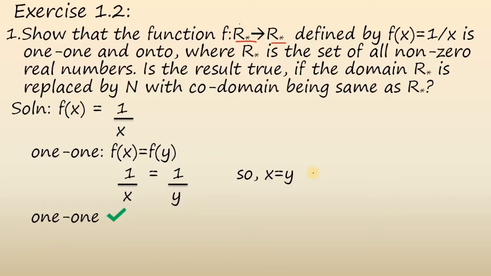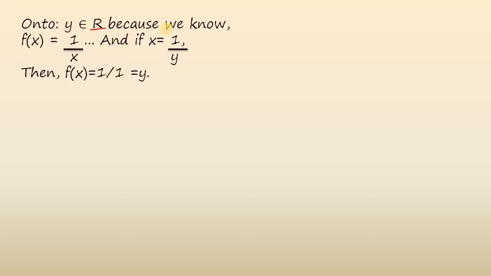This is very simple. Let's see if it's onto. So y is coming from R. This R is your codomain R, okay. Here it kind of makes no difference because your domain and codomain is the same thing, but just keep that in mind when you'll have different sets. Now for onto, we have to prove that f(x) is equal to y. So let's see, f(x) was 1/x, okay, and x is equal to 1/y. Why is x equal to 1/y here?